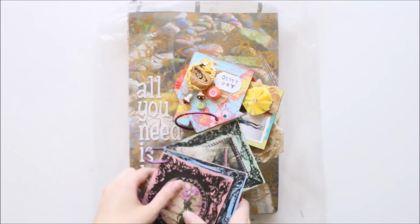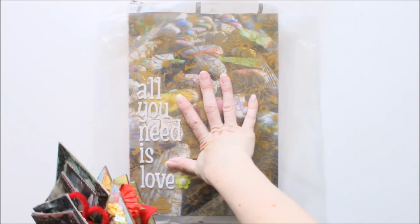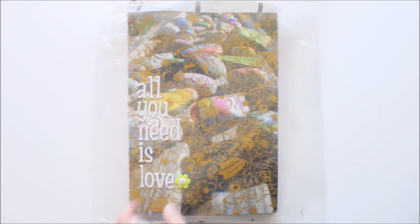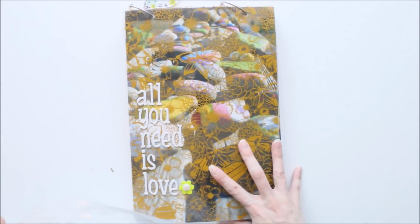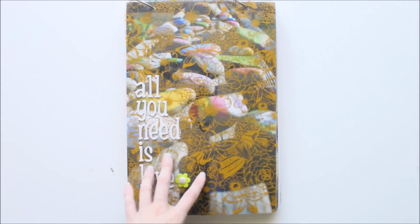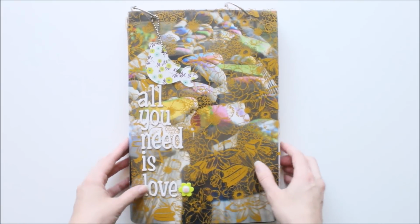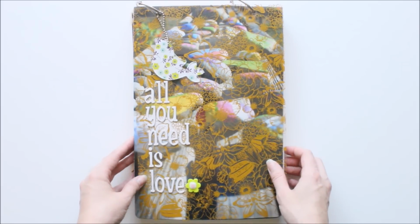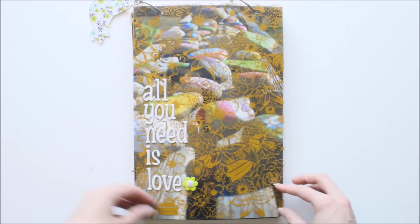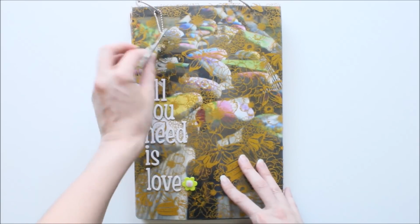Okay, so first off, I think I'm going to go ahead and share this big one here. And the reason I wanted to share this one is because this is kind of different than most mini books that people make, because it's actually not mini. It's, gosh, what size is this? I think this is 8 by 12, I'm gonna guess. I think it's 8 by 12 size. And that's the size I had the photos printed at